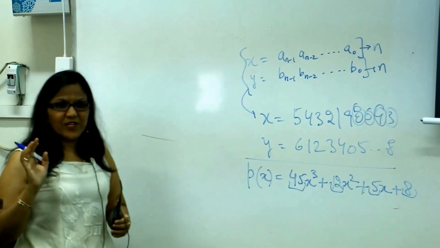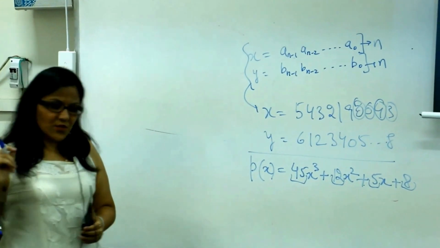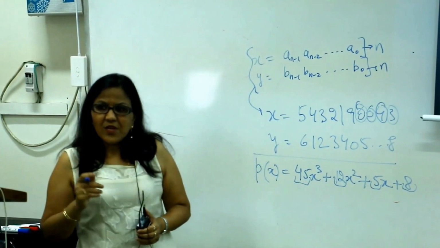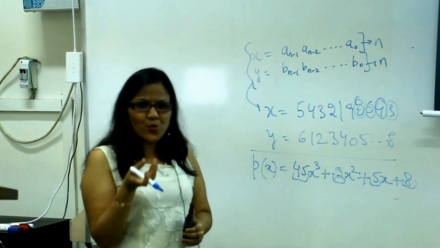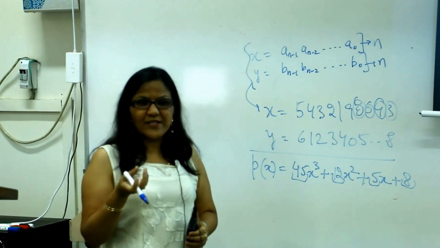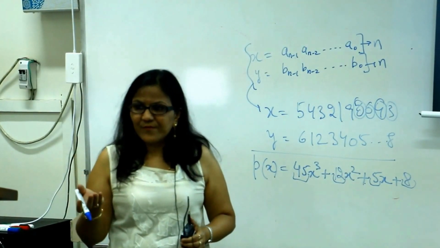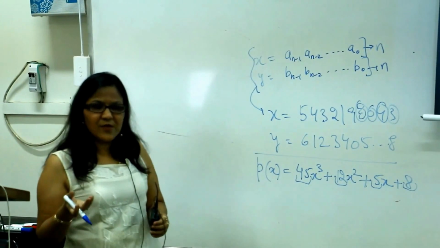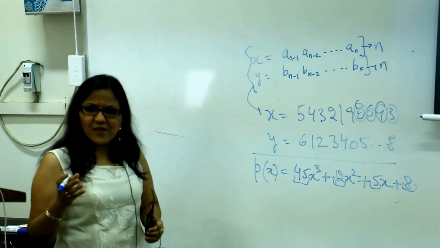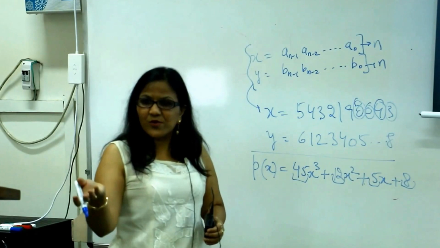What if they were large? Then you have to deal with it separately, right? So why we need them to be small in this case, as we'll see, because if we have two integers which are small, we can multiply them in constant time. We have already said that this is a primitive operation. Multiplying two integers is a primitive operation. Adding two integers is a primitive operation. We have been saying it loosely, but there was always an assumption that your integer can be stored in an integer word.